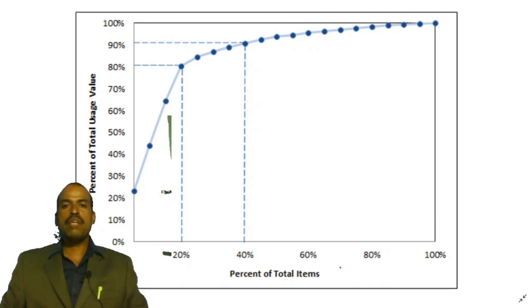Also the ABC analysis was explained through an example using some values and graphical representation of data, and finally we learned the advantages of